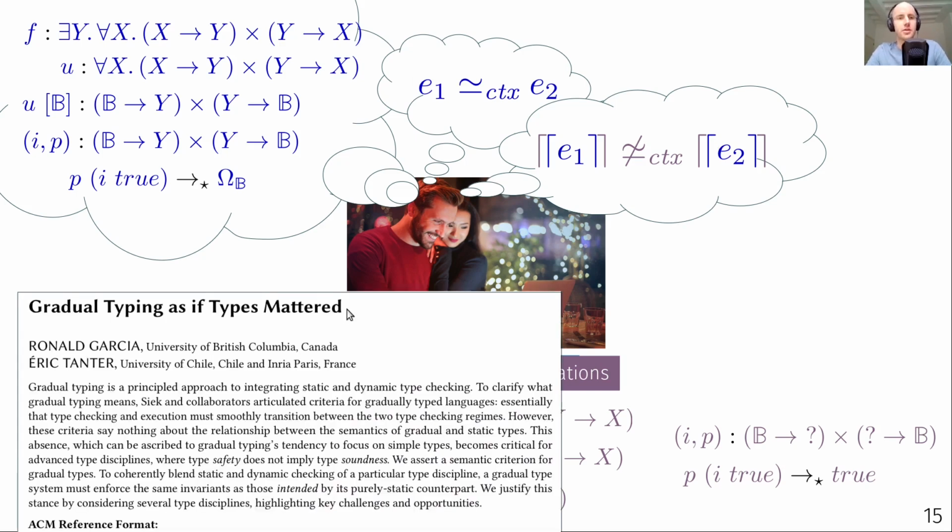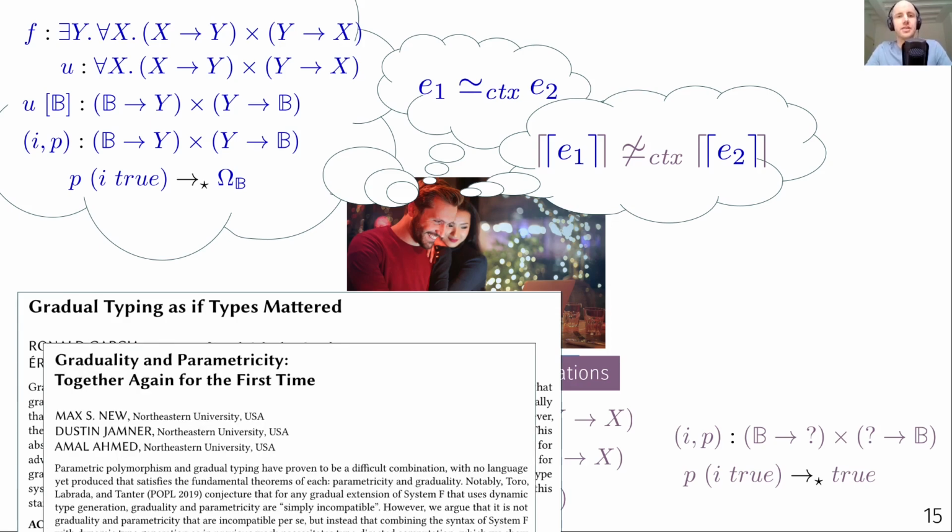So even as we saw, if you're very careful about saying that you want to preserve parametricity upon gradualization, then the question still remains, okay, what kind of parametricity do you actually define in your gradual language? It's clear at least that the notion that you define in the gradual language is not always the same as the one in the static